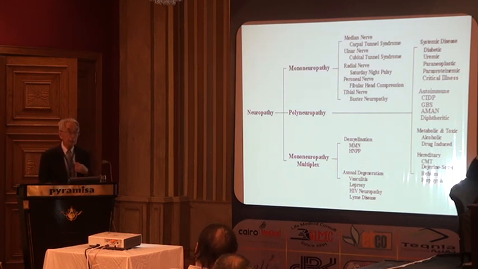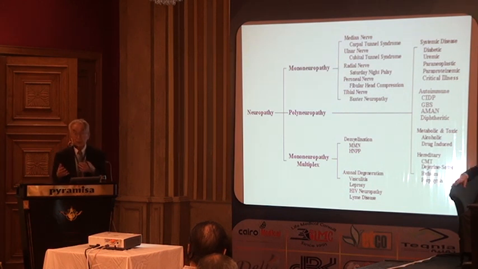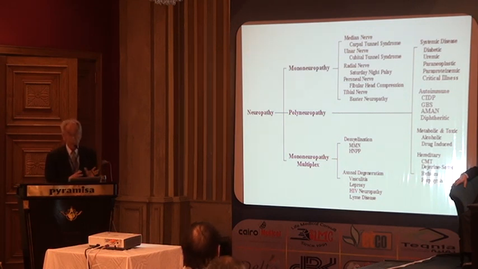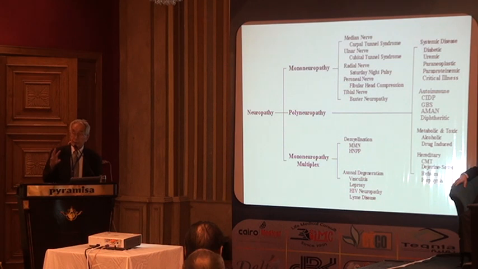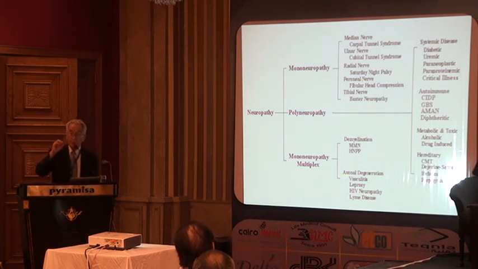Acute neuropathy like Guillain-Barré syndrome. Right? Subacute like CIDP, chronic inflammatory demyelinating polyneuropathy, and chronic like CMT, the hereditary neuropathy. So that's one way to classify, which is very important. The second way to classify is depending on the site of involvement of the nerve. Is the cell body affected to begin with? Is this myelin which is affected? Or is this the axon itself? And so we talk about